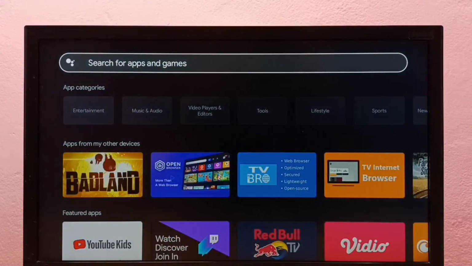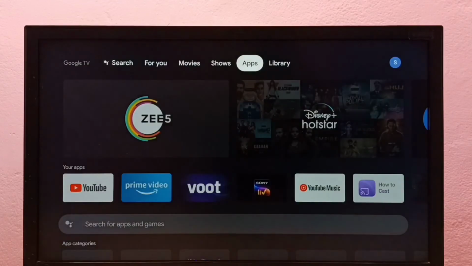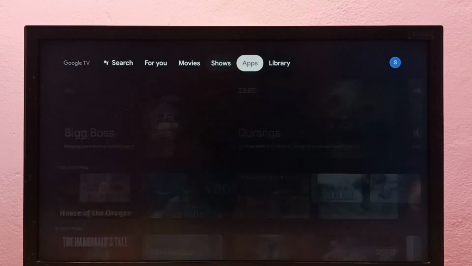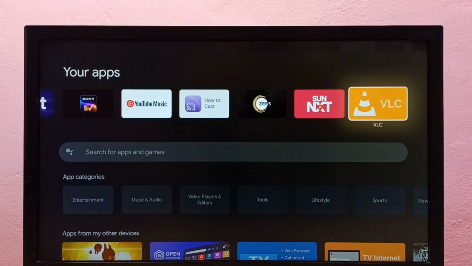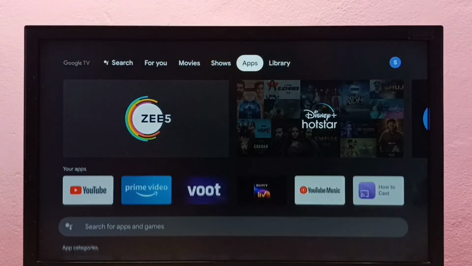Let me go back. So the app which we installed, the icon of that app we can see here. See, okay,